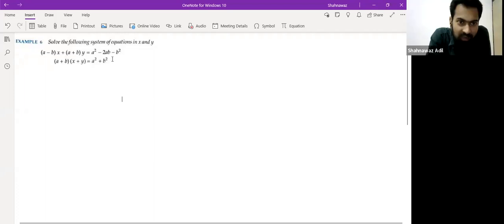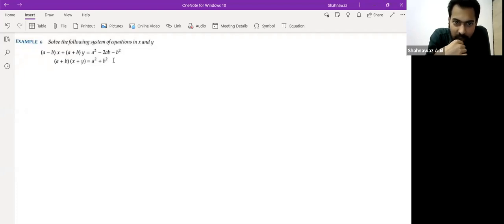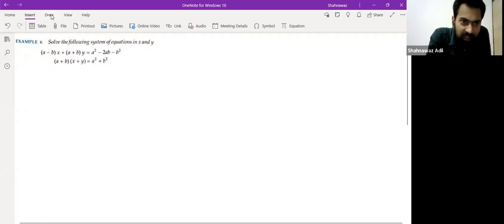So this is where cross multiplication comes in handy, right? In these types of problems, we have to use the, okay, so